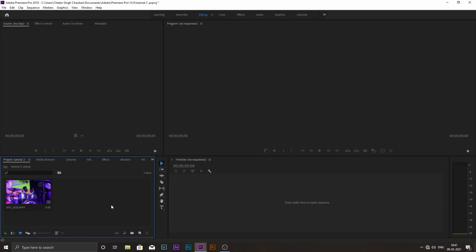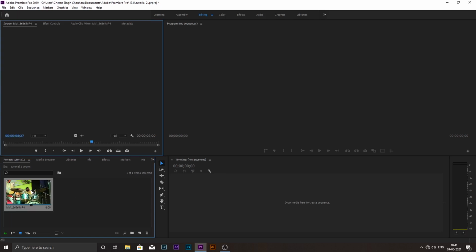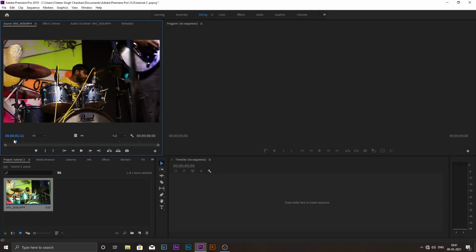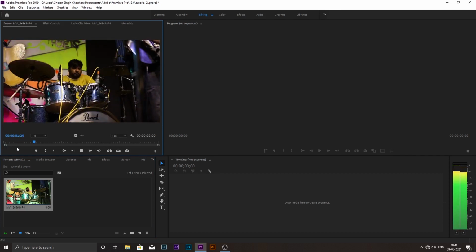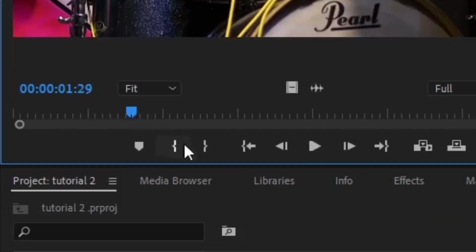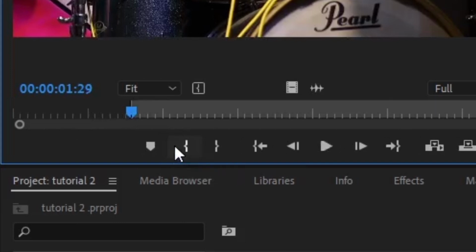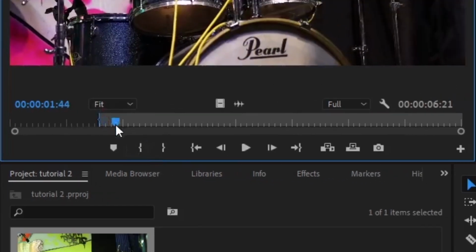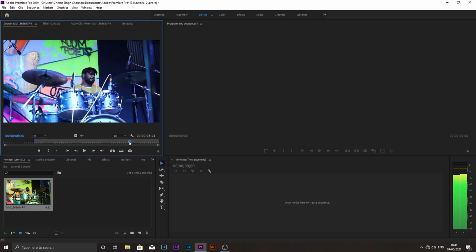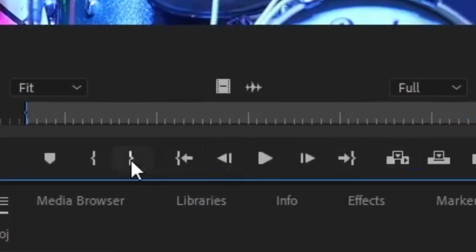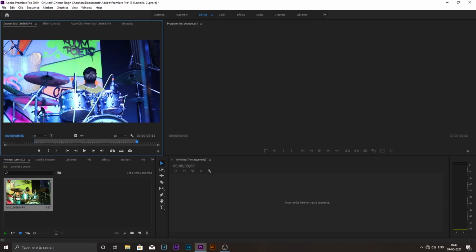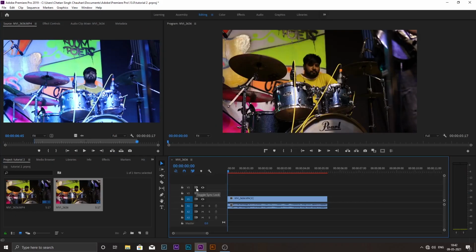So here I have imported my first clip in Premiere Pro. So let's edit this clip. Okay, so double click this clip, the clip will open in the source window. Now you can hit the mark in option to begin from where you want the clip to get started, and then you can go to the mark out option till where you want your clip and just drag and drop the clip into the timeline, and here you got your clip into the timeline by just dragging and dropping.